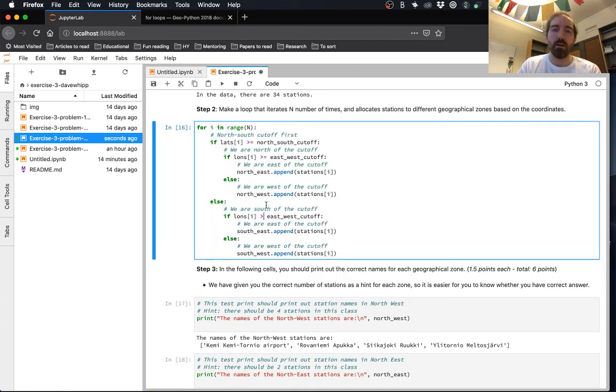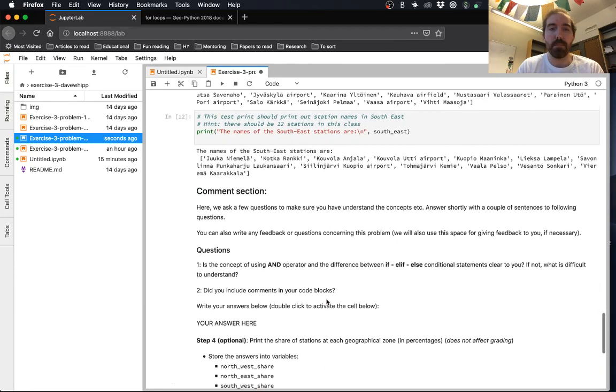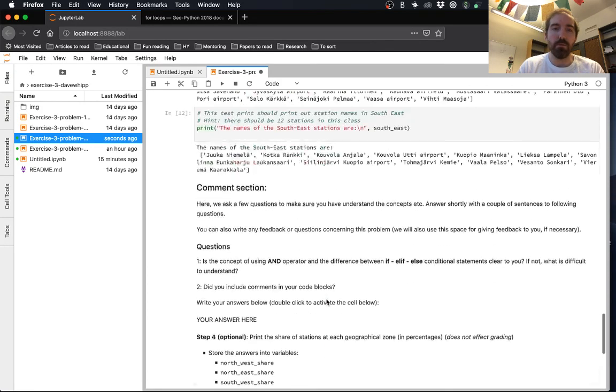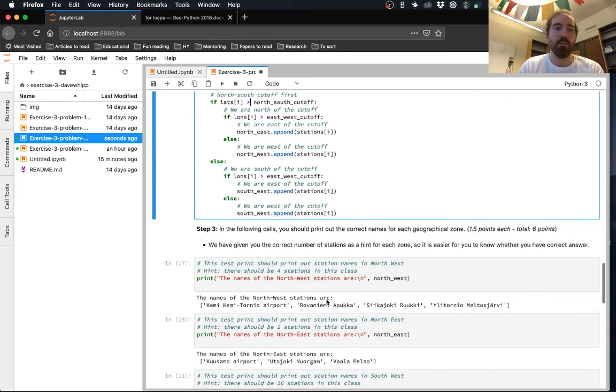The thought here, perhaps not totally clear in the explanation of the exercise, is that you would use greater than to check the latitude first. There are of course several different approaches that could work for this. But I think that's essentially what I wanted to cover for exercise 3, problem 3.